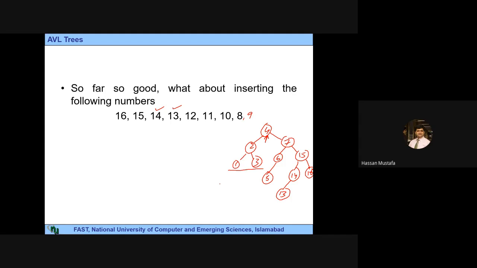फोर पे इम्बैलेंस है, ठीक है, मैंने पहले वो ड्रा कर दिया था, शक्ल से भी नजर आ रहा है। लेफ्ट सब ट्री की हाइट वन है और राइट सब ट्री की हाइट थ्री है। ठीक है, सेवन वाले ट्री की हाइट है थ्री और टू वाले ट्री की हाइट है वन। तो इम्बैलेंस तो आ गया। तो फोर जो है इम्बैलेंस है, उसमें रोटेशन बताएं कौन सी है।